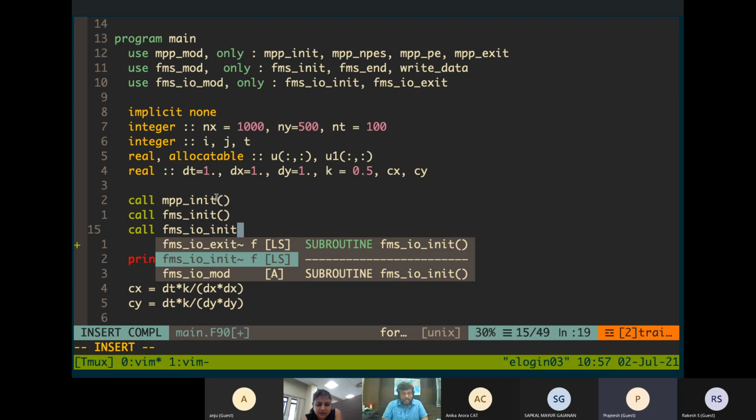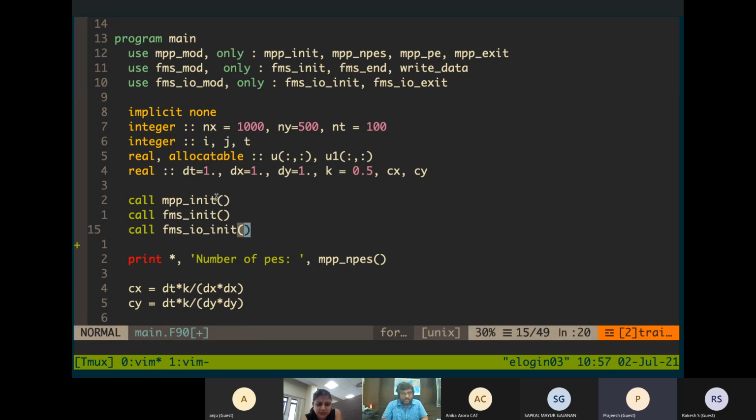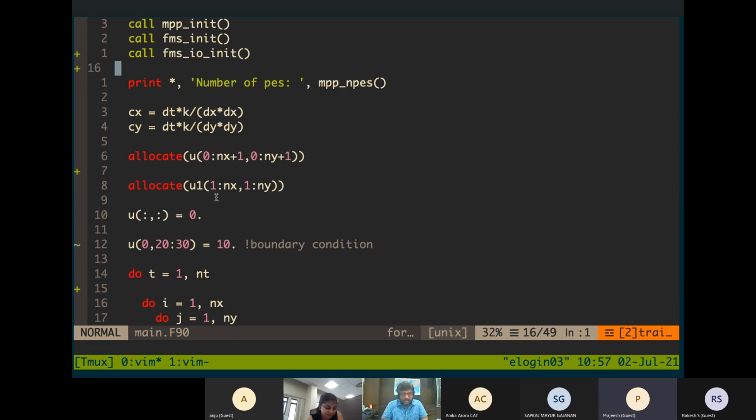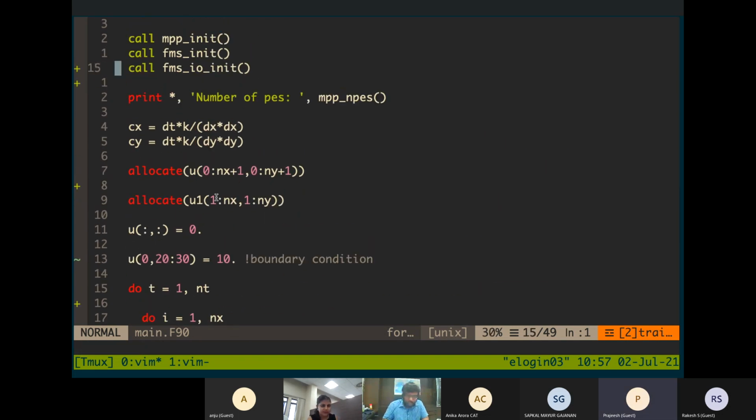You can do it actually, but somehow it is redundant because FMS init itself calls FMS IO init, but somehow FMS end doesn't call FMS IO exit. So FMS IO exit should be called explicitly. But you can put IO init also, yeah, to be consistent.